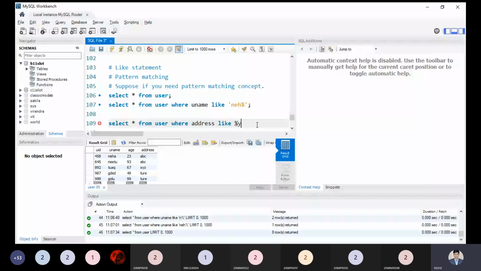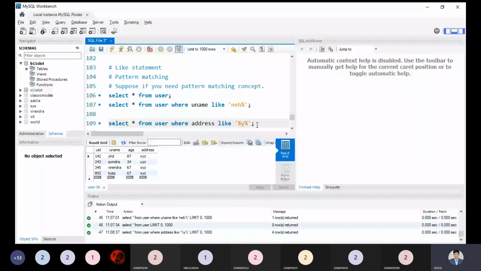So here the example could be a b c y x, y x z, something like this. Here could be a y z. Here could be x y z as an example. So y is coming inside, and we don't know what the other letters are. So we can choose this pattern matching. So we can see what information we will get.